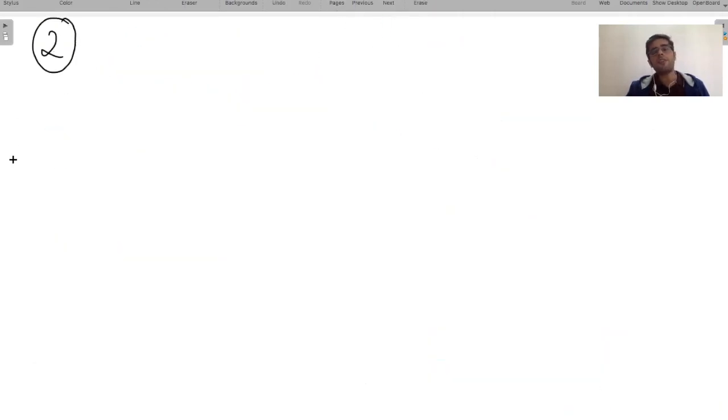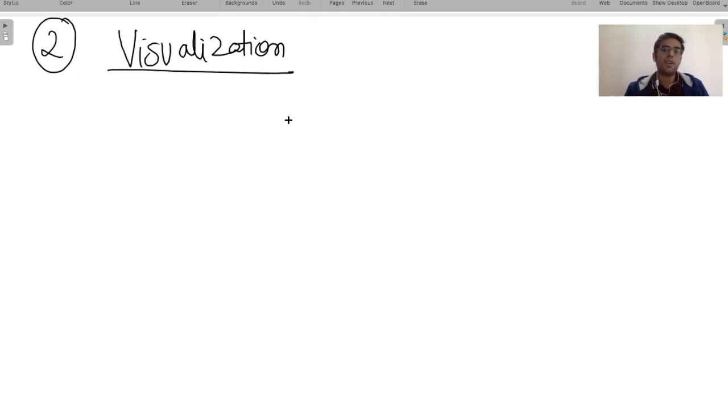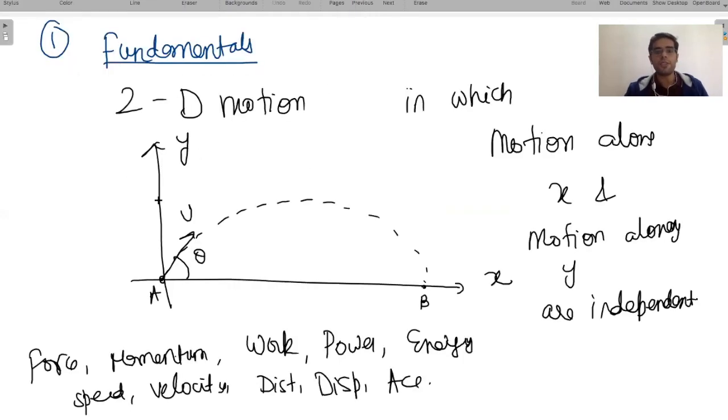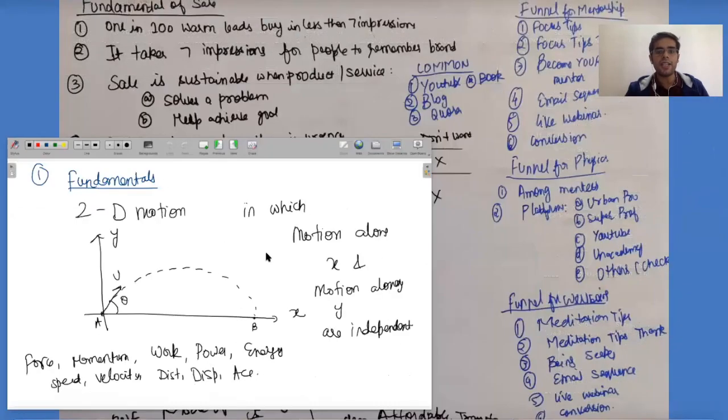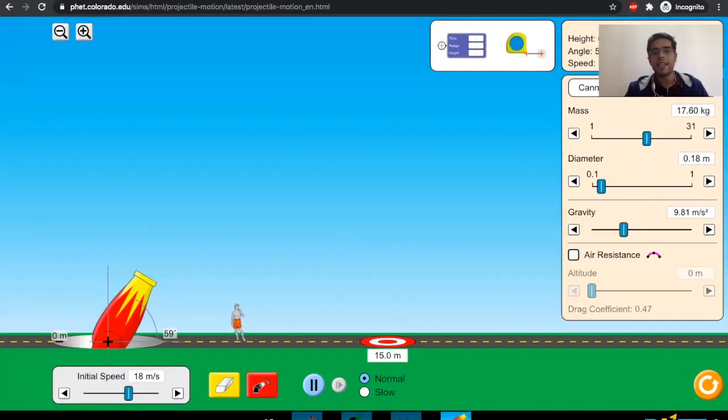The second step of mastering the concepts of physics is visualization. Okay. Visualization. So now what is visualization? Here I am showing you projectile motion on my whiteboard, but I can show you projectile motion as a cannonball. Okay. So projectile motion is basically a practical thing that we observe. Either you are playing with gulal or you see a war. So in a war, if India and China are fighting, both have cannons. So one cannon will get fired from the Indian border and another cannon will be fired from the Chinese border.